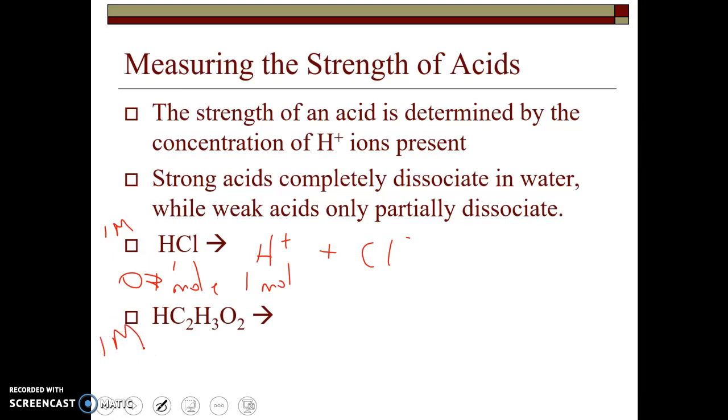That is a weak acid. That means it does dissociate. It does split up, and hopefully you recognize the 2 ions there, the hydrogen ion and the acetate ion, but only a small amount of it actually breaks apart. So if I started with a whole mole of the acetic acid, only a little bit of it dissolves. I might still have 0.9 moles of it that's left undissociated, and only a small amount, maybe only 0.1 moles,